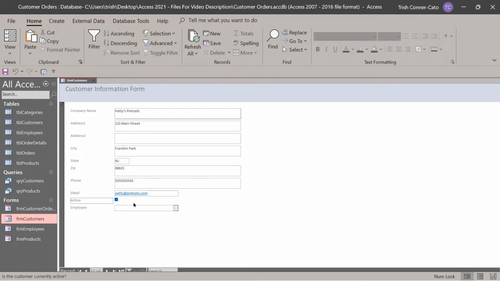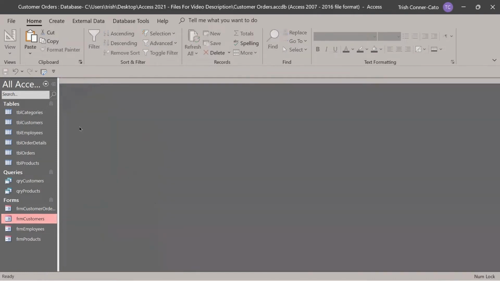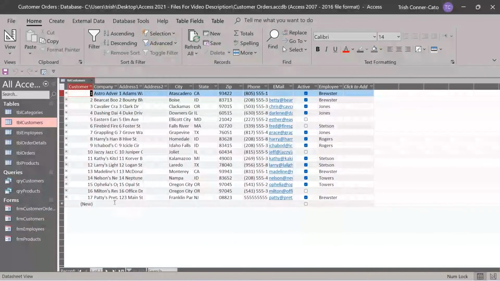We'll check the box for active. And we'll do the employee drop-down list, and we'll say that Brewster is the salesperson, the employee representative that works with this customer. And so at this point, we're in the last field. If we press tab again, it will save that record. We can close this form, open up your customer's table,